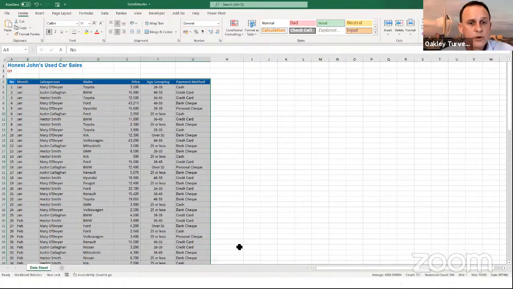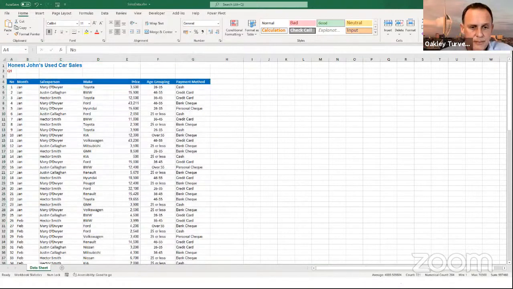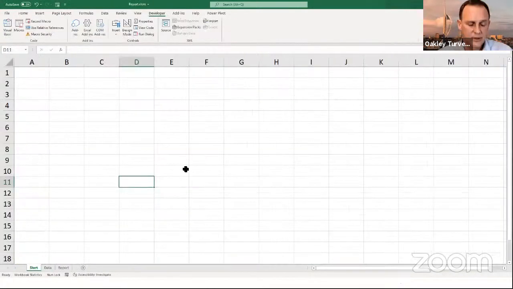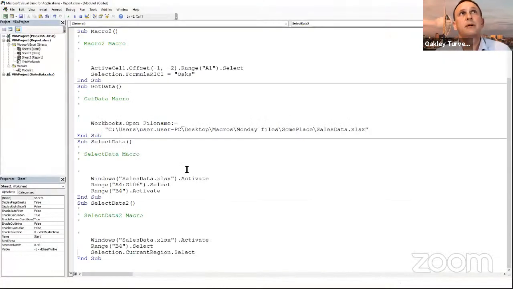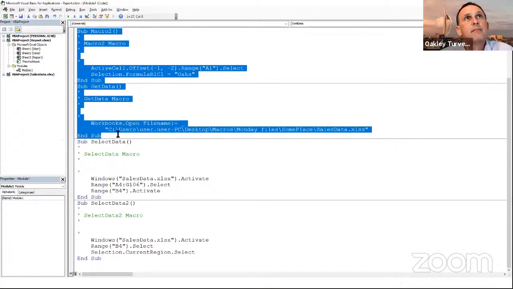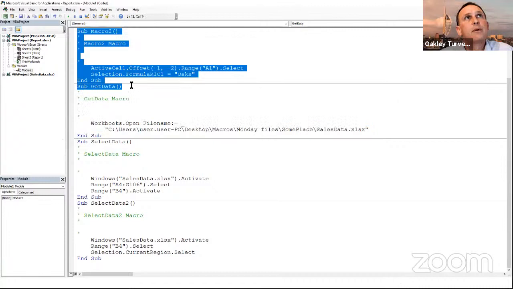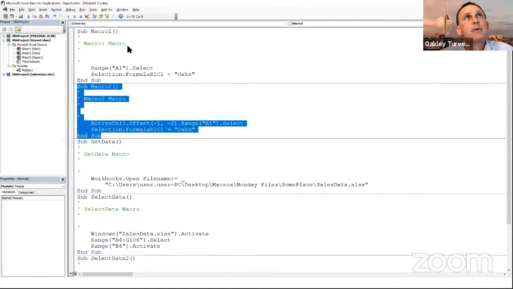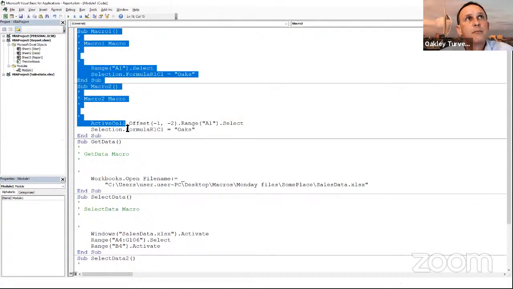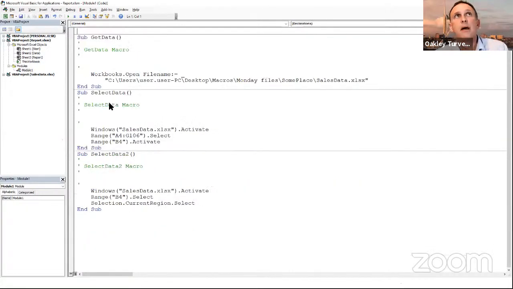Right, let's go back to our first workbook and have a look at the code. So Alt F11 brings up the code. We're not going to worry about these ones here, so I'm going to go ahead and delete them. Not that one. We want that one. But we don't want those two. One way I can know that they're the ones to be deleted is they're scrap macros. They're still called macro something. And all we need to do is delete it there, and it's gone.